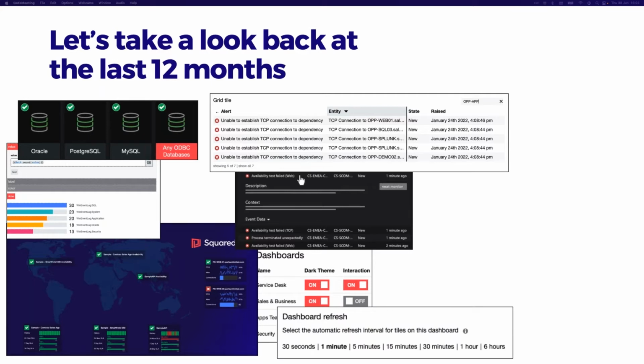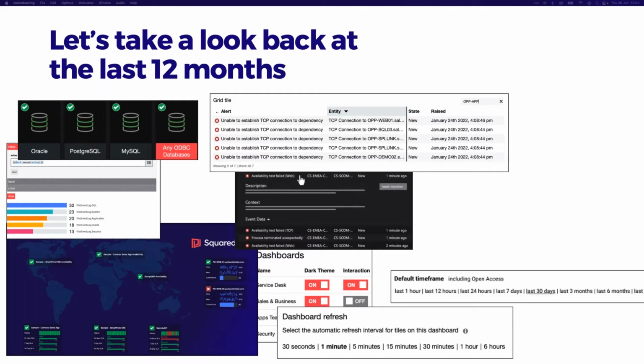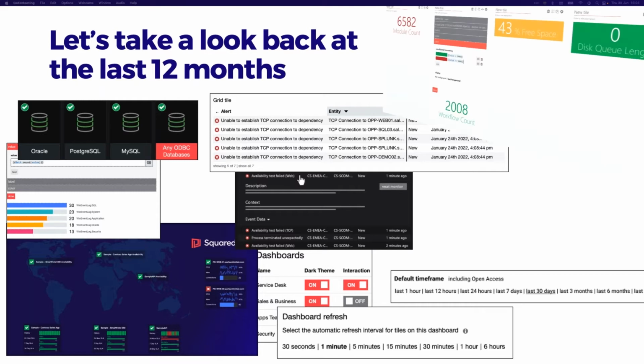Some improvements: with dashboard refresh, you are now able to set or change the refresh interval depending on the dashboard. We also gave you the ability to change the time frame on your dashboards, including for open access. One popular improvement was the ability to add colors to your scalars. So conditional formatting was introduced in 5.3 as well. Scalar is one of the most popular tiles, and that change